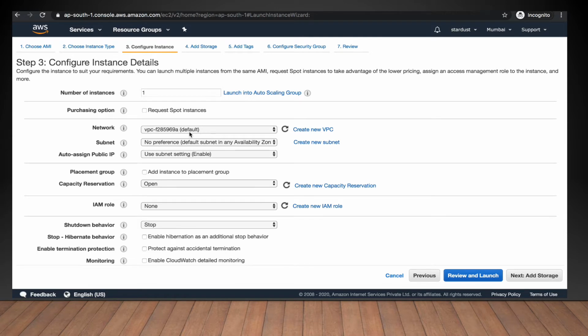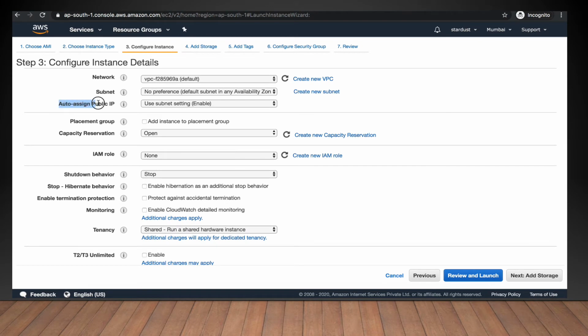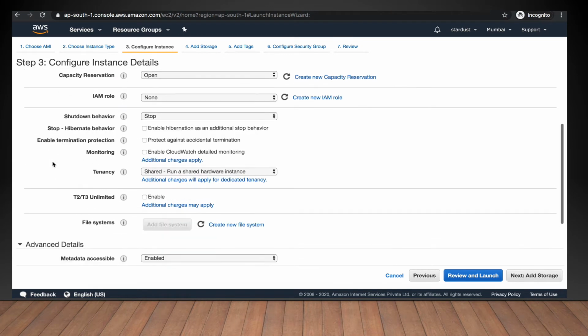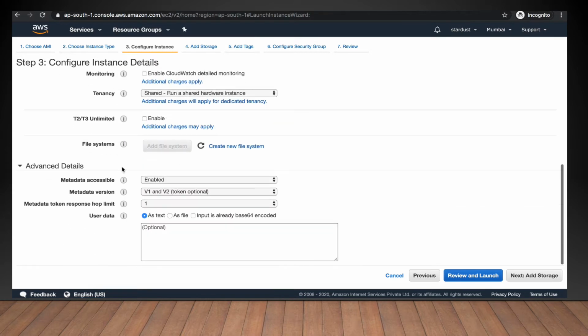We are going to choose the default VPC and the default subnet, and I'm also going to attach a public IP to this EC2 instance. We are not going to use any IAM role over here. After that we have the user data, which is one of the important things. Suppose I want to install my Python package here, then I'll give all the important commands here. On startup of the server this user data will run, and it will execute all the commands that I specify here. So you can use this as well.